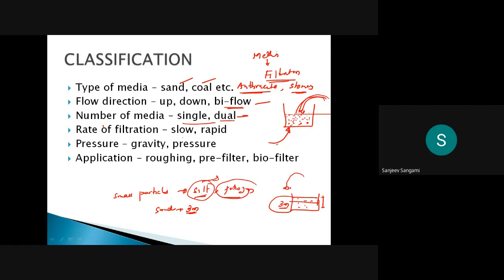Then what are the types of filtration process? One is slow sand filter and rapid sand filter. Based on the rate of filtration, we are going to classify the slow sand filter and the rapid sand filter. See, in a slow sand filter, the filtration process is slow. Very important, the filtration process itself is slow. Then in rapid sand filter, the filtration